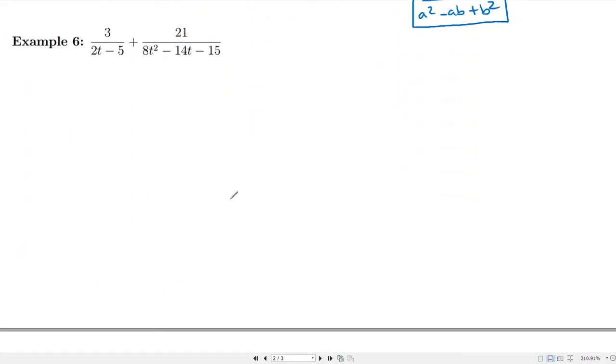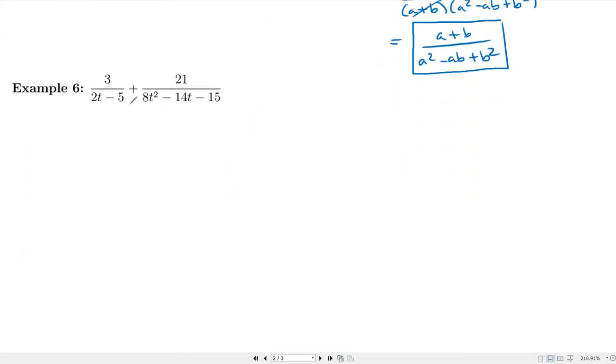Continuing on. All right, so let's see what we can do here. So we're going to add these two. So we have to find a common denominator. Let's factor as much as we can. The 2 and the 5, right? We're not going to be able to factor anything out of this. But what do we have over here? 21 over, and what is the factorization here? Well, using sort of a process of